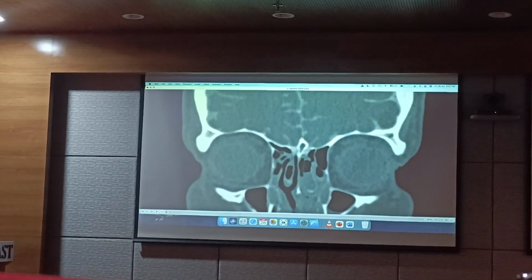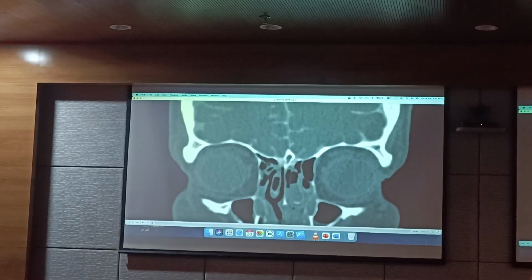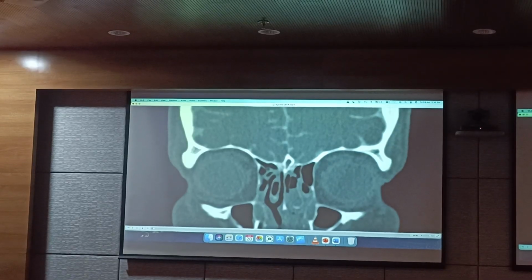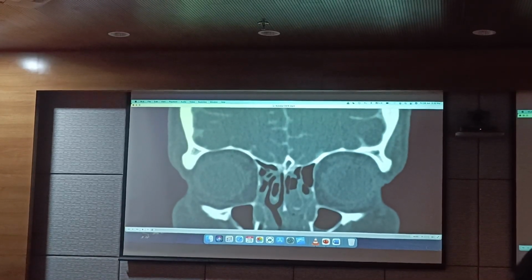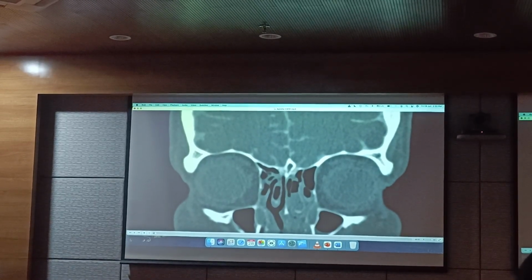This seems to be at a little bit of a lower level as compared to this. This is called a gyrus rectus sign, where there is an apparent descent of the frontal gyrus into the nose. It's not actually the brain that is coming into the nose. It is that CSF column which is giving an appearance that that part of the brain is coming into the nose. Okay, so this is the gyrus rectus sign.